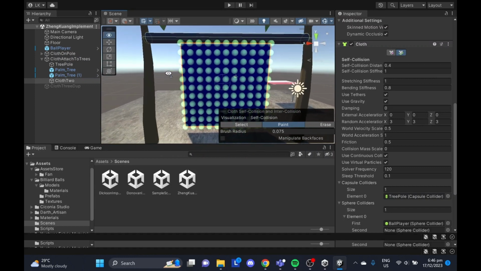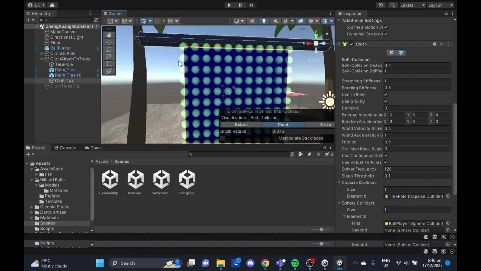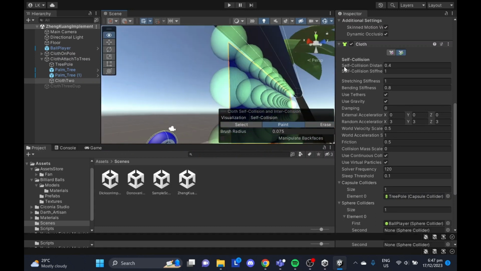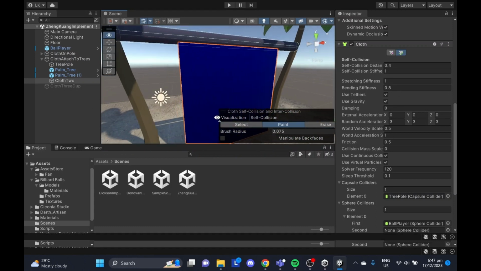This cloth is a little bit bigger than the flag, so I set the distance to 0.4, such that there won't be a scenario where the cloth will intersect itself. That's the max distance the particles can come in contact with each other before the collision stiffness will repel the particles apart,